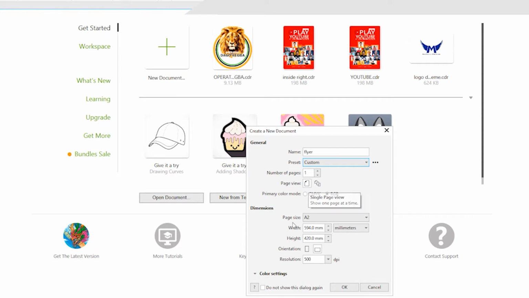Then the next thing is primary color mode. We have CMYK, which is cyan, magenta, yellow, and black. This cyan is blue,